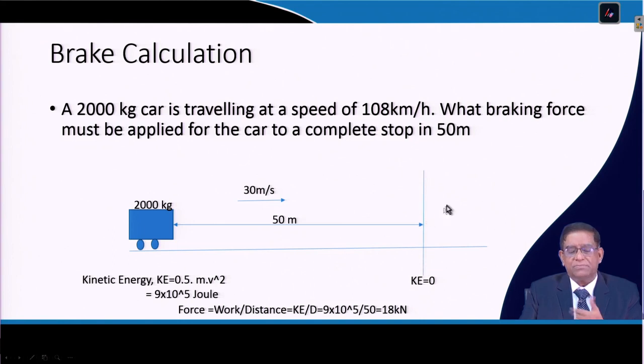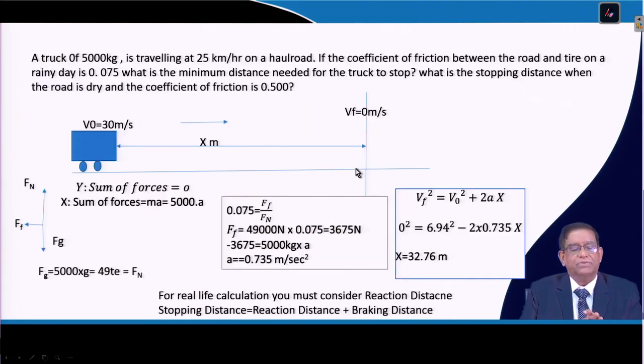So, what is the basic principle? If it is running at a particular speed, you find out what the kinetic energy is over here. You can calculate that kinetic energy; it comes out as 9 million joules. To stop means the final kinetic energy will be 0. So, the force is the work divided by distance. By simple calculations you can find out what the force to be applied over there will be. Some such type of problems you can do.